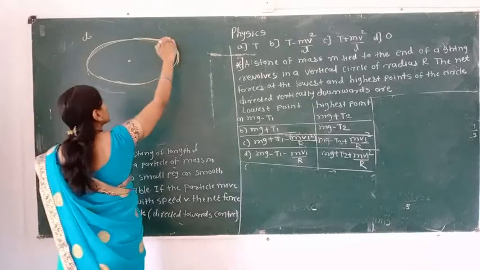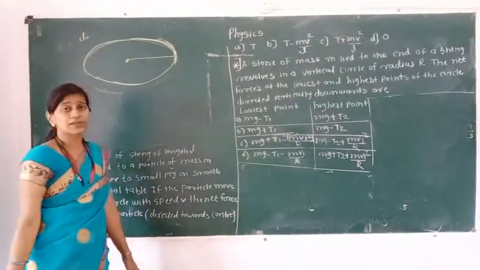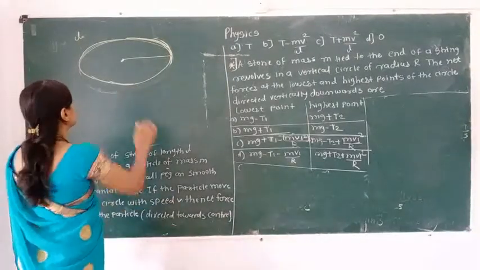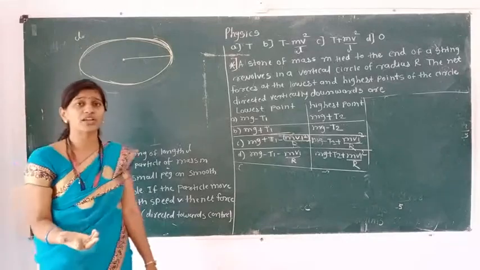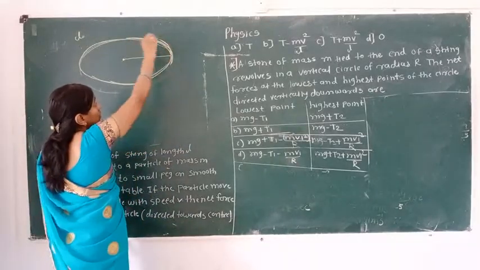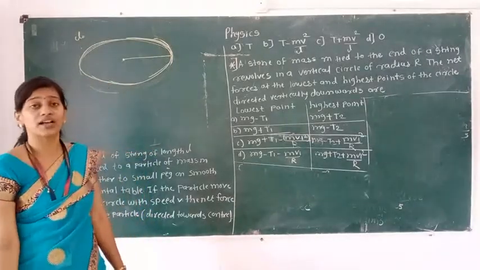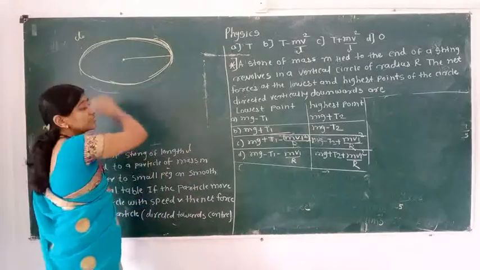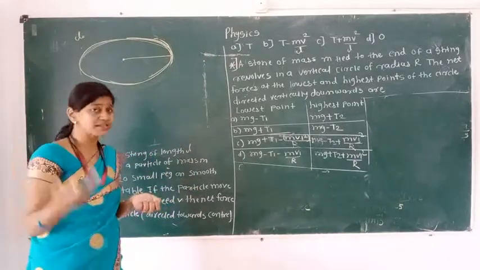We know when circular motion is there, that time the necessary centripetal force we are getting in any circular motion. If we are talking about a vehicle which is taking a turn on a round, otherwise on a curved surface, that time the friction force between the tires of the vehicle and the surface gives the necessary centripetal force. Here they already told us that part, we revised many times.